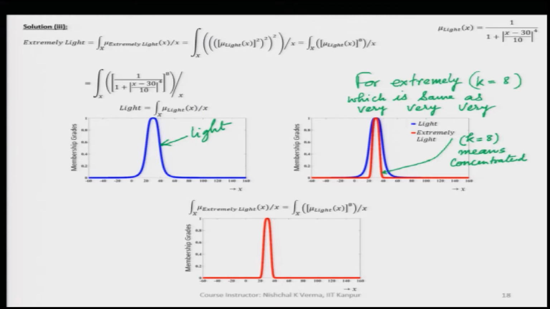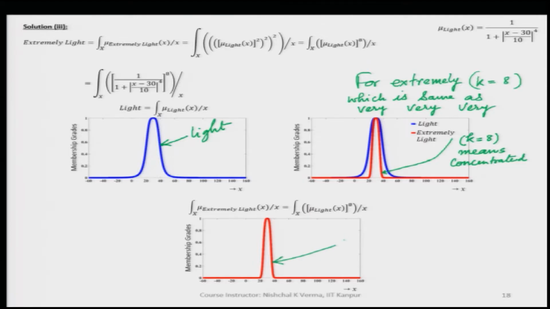Here, extremely is called the hedge. Extremely light means we are obtaining the linguistic hedge, and thereby we are finding the resulting fuzzy set.